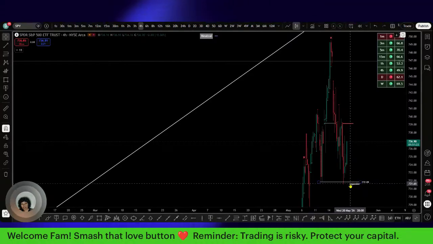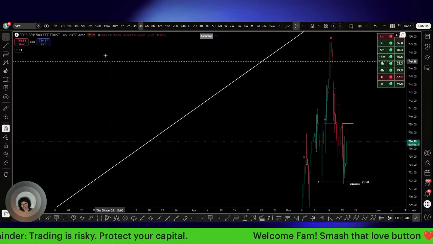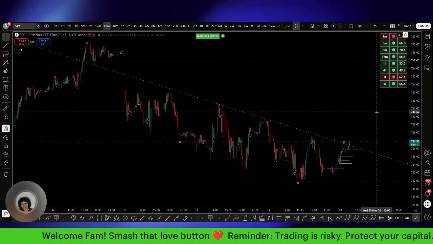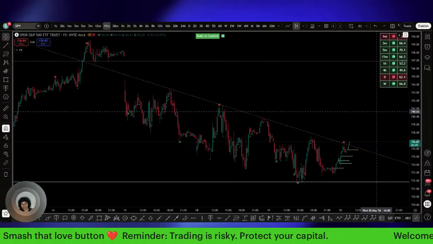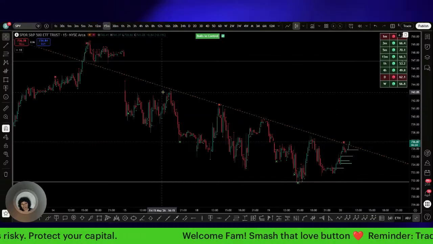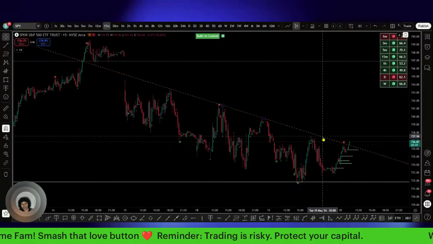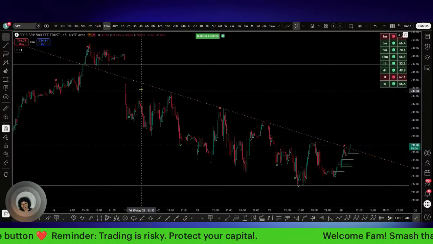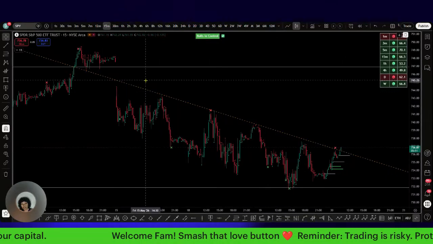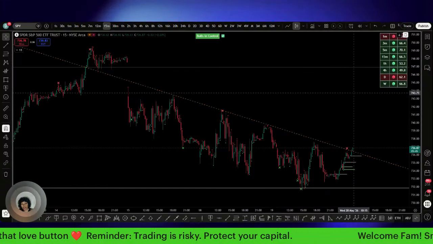Maybe we still, but we did do an SFP yesterday. And just a candle ago, we started to break up out of this trend line right here. We'll see how it goes. Market still has to open. But we are seeing the break of this beautiful trend line on SPY. We do have this gap up to the upside right here as well, which could easily get filled if we find that strength on the S&P this morning.